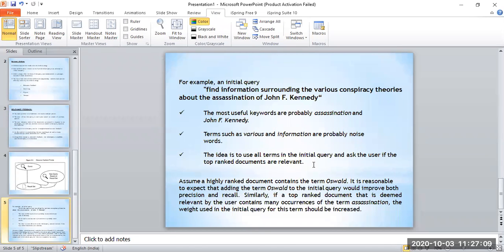ranked documents are relevant. So we write this query and we get some documents, isn't it? And the user selects the documents which are relevant. So let's go to the user perspective. The user selects the documents which are relevant, and he simply filters out the irrelevant documents. That means he ignores the irrelevant documents. So let's see